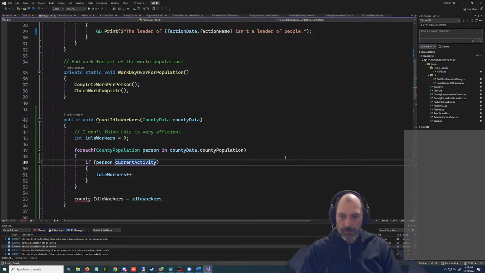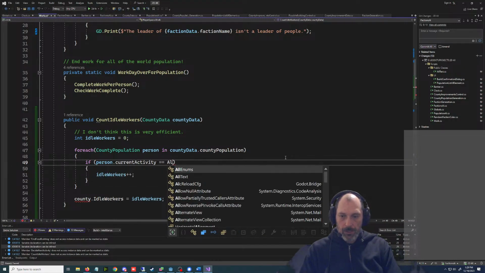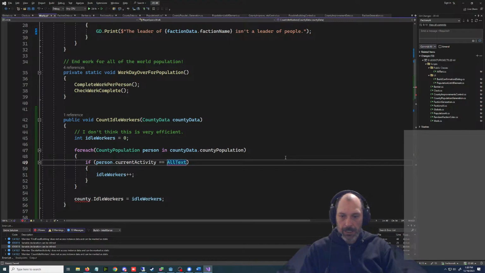If current activity is equal to jobs.idle, or we're just going to make it so either one. No, but that won't work.